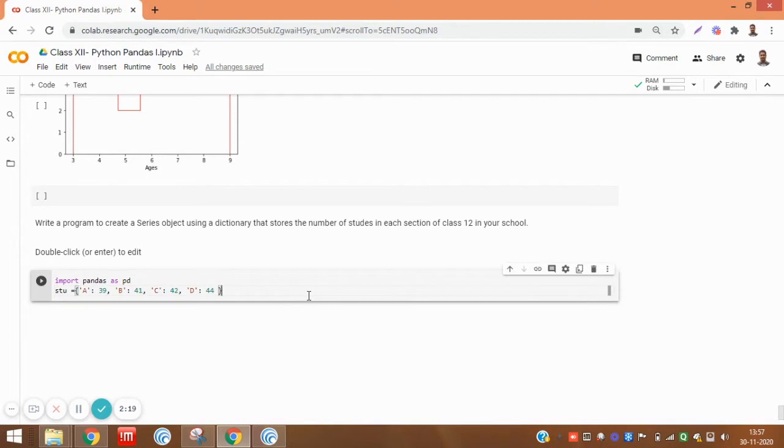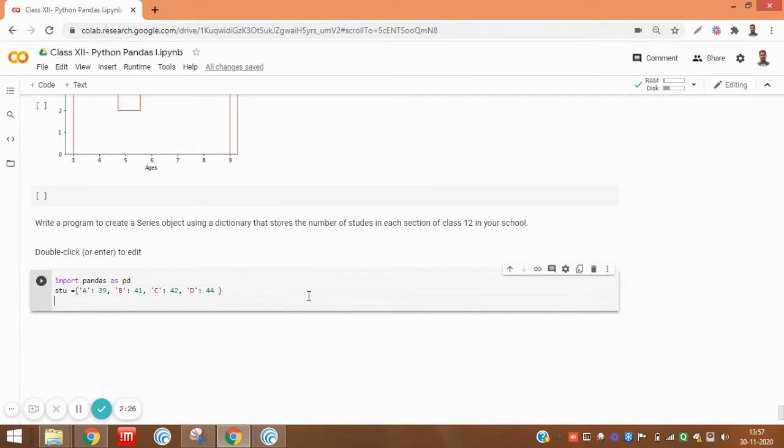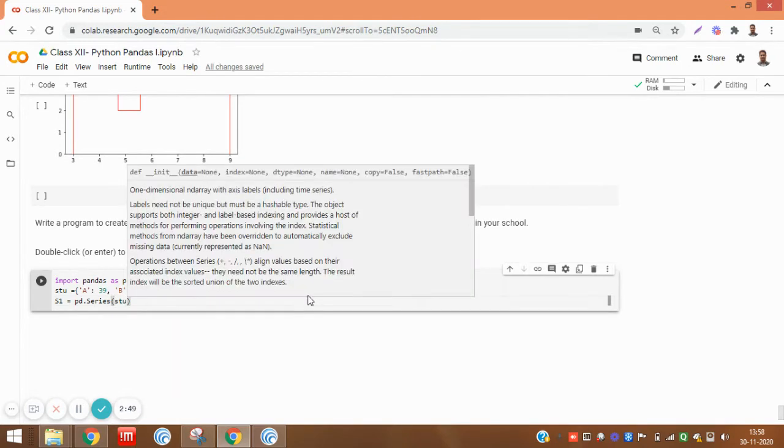So we have created a dictionary for 12th class students section-wise, and we create the series of this dictionary. Give any name to the series. Suppose we give S1, then pd.Series, and give the name of the dictionary.